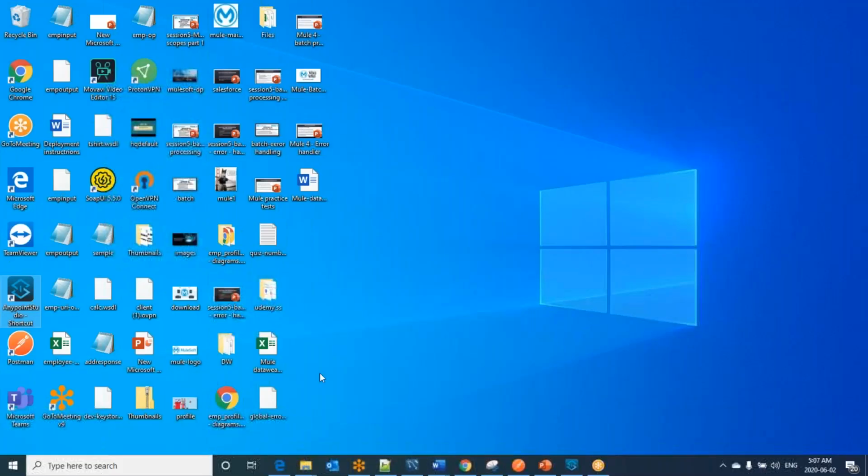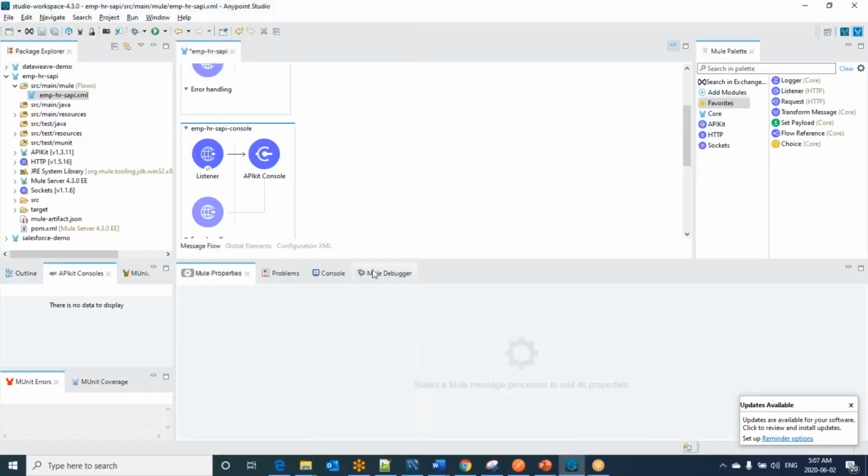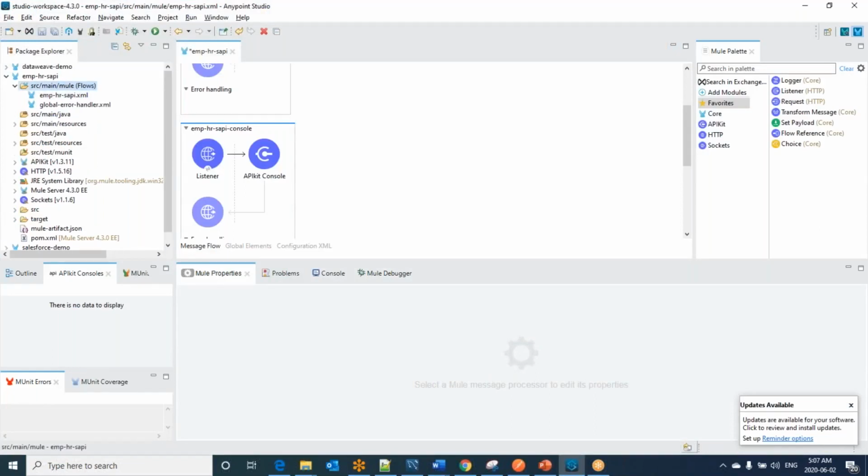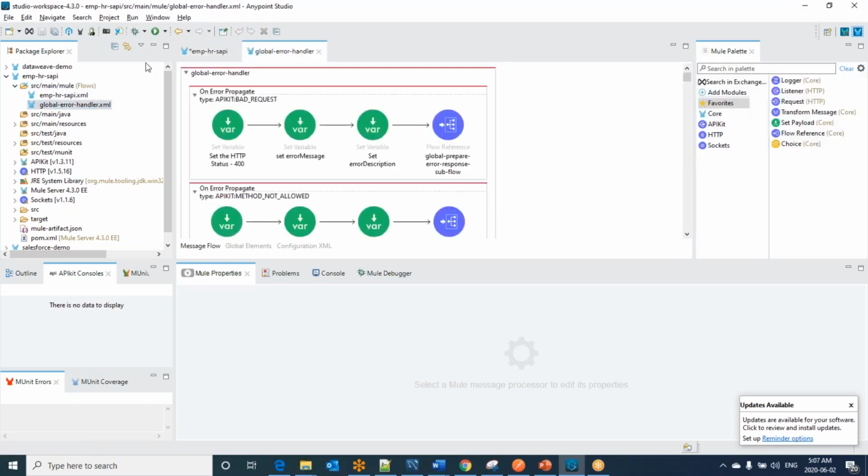Let me copy paste the global error handler that I already developed because it is huge. If I do the development one by one, it takes a lot of time. That's why I developed it before and am explaining it now. Anyway, in the previous session, I explained how we can create the global error handler, right? So now we have the global error handler in place.